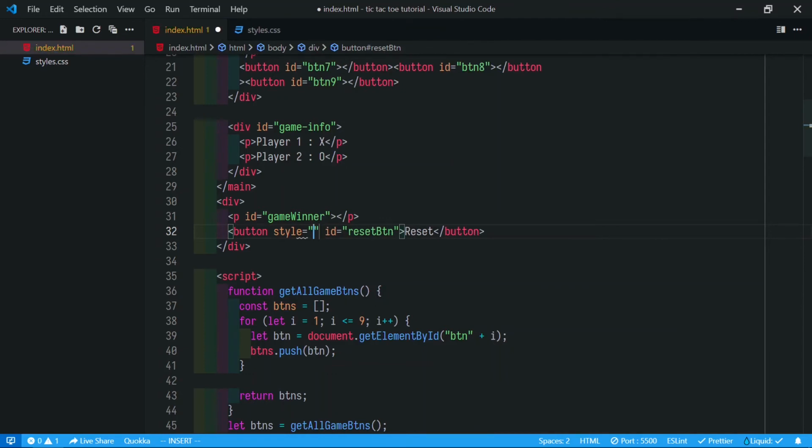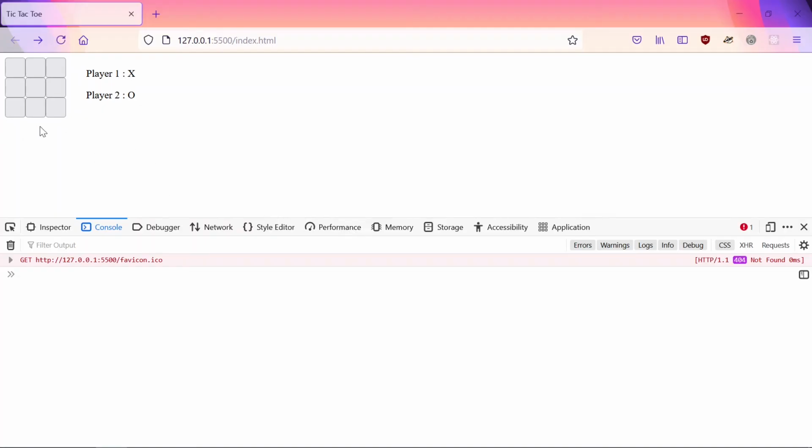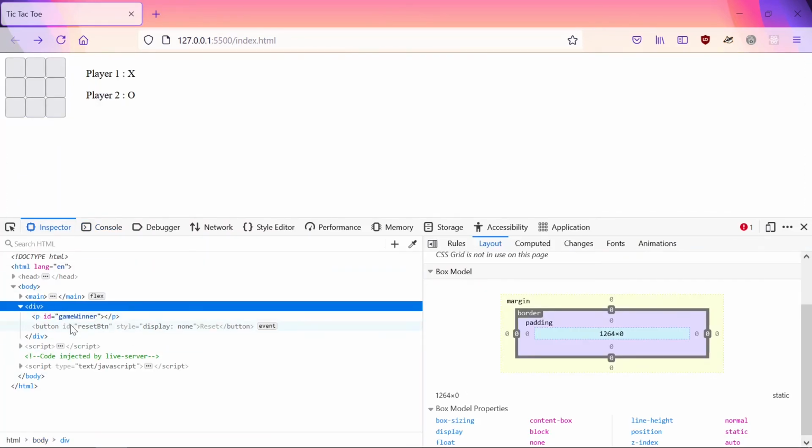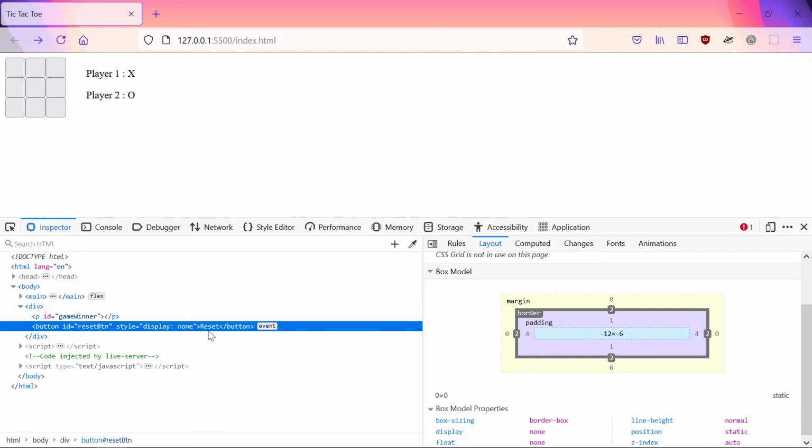What style do is display none. What display none does is, it hides the button. You see it's there, but it is not displaying. It has zero height. It doesn't even show up in the DOM.